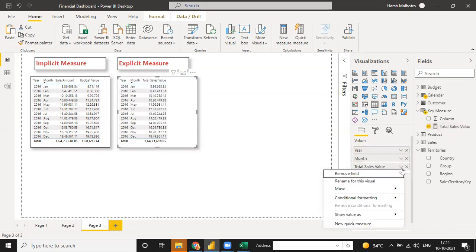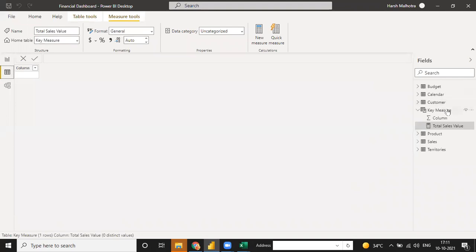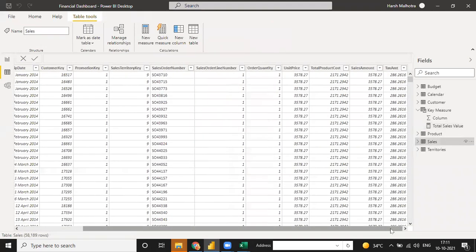And see, first one, this is the explicit measure. Second thing, the value is same. And third thing, go to this sales table, and where is sales amount? This is your sales amount. This sum function adds one by one, and it is known as row context.